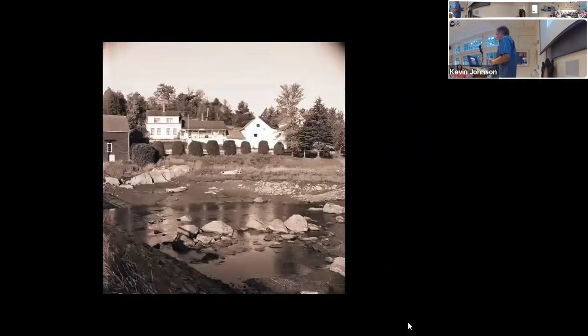We'll see it a little closer here. That's East Blue Hill. That's not Blue Hill. East Blue Hill, yeah. That's East Blue Hill too. So I think all the photos that he took are probably East Blue Hill. Yes. And one thing that I found in putting this talk together is that in terms of maritime photos, they tend to be in East Blue Hill rather than Blue Hill. A couple of boat building shops over there, and